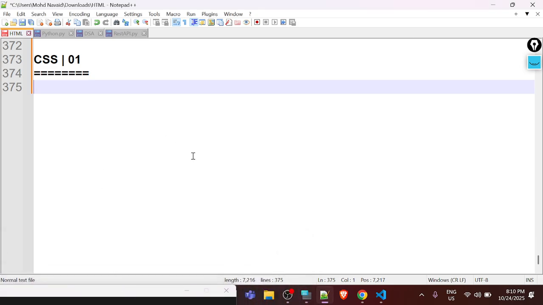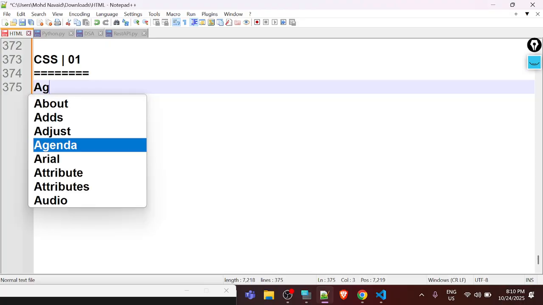CSS means cascading style sheet. CSS full form is what? Cascading style sheet. But before understanding the CSS in detail, let's talk about the